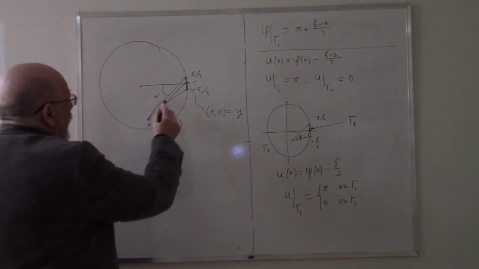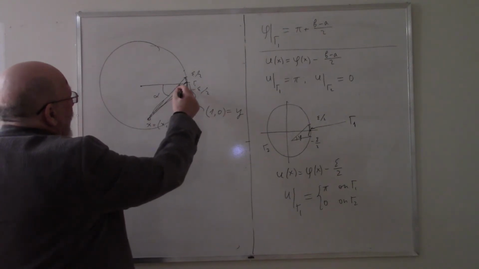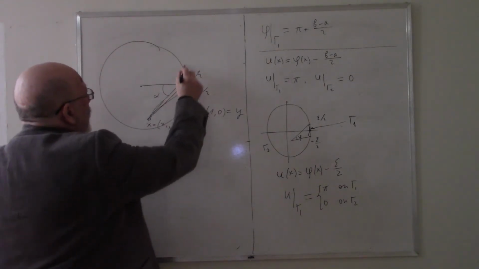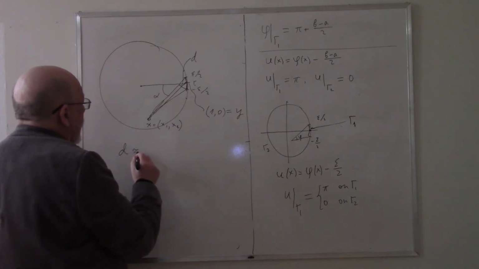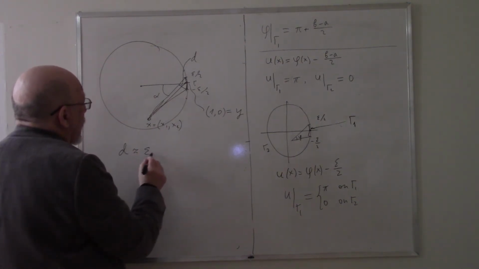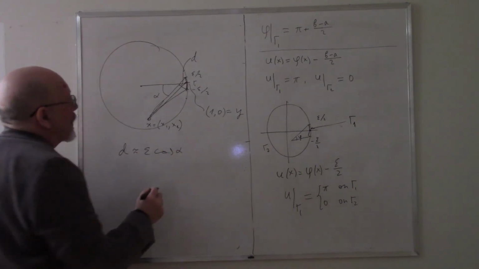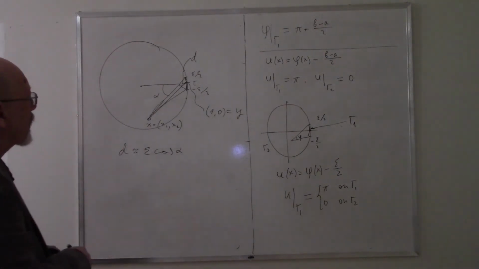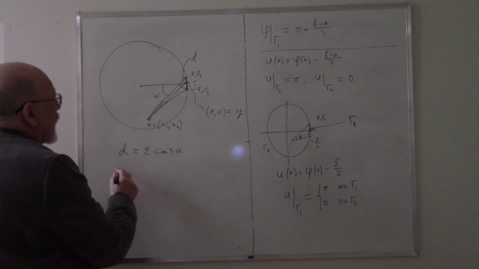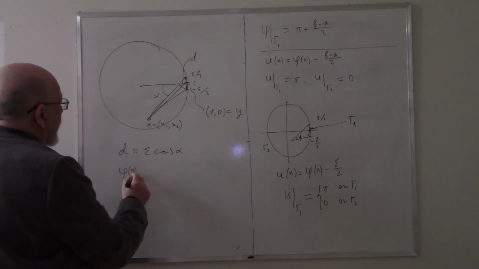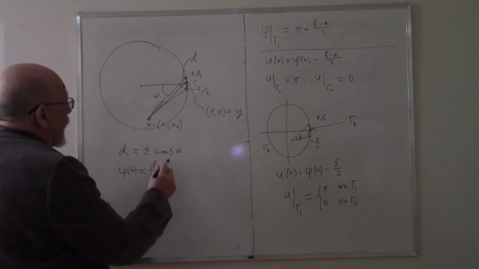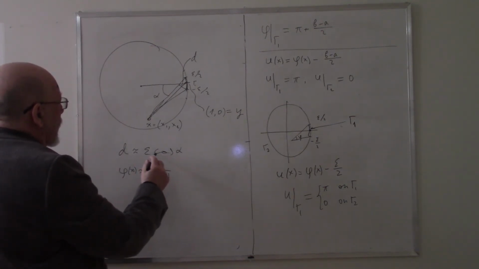This angle, we have again to evaluate this. It is this, no, let us call it d. D is approximately epsilon cosine alpha, and phi of x is approximately d divided by module x minus y, yes, and epsilon cosine alpha